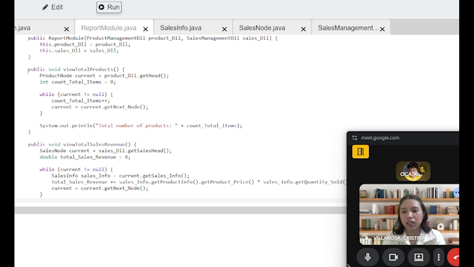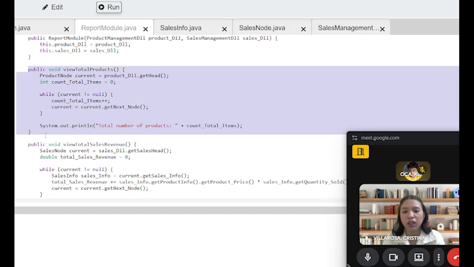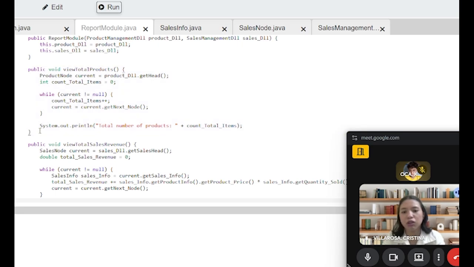Next, from line 11 to line 21, it will show the total products that the small business has. First, it will call getHead, and the total items is equal to zero. Therefore, the program will be able to count all the inputted or newly inserted items.